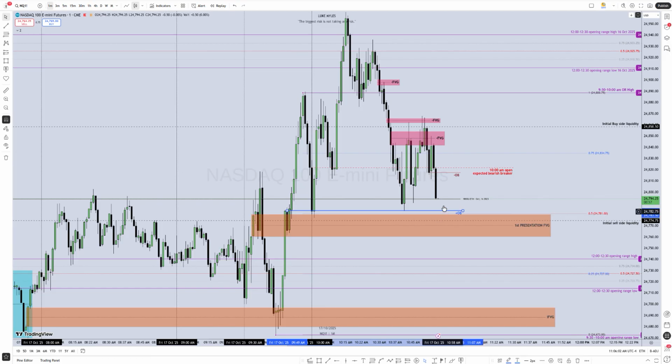This order block is the next barricade for price, and the first presentation fair value gap. Expect this to be inversed and then we drop lower. So we have taken out that low formed in yellow, expecting this to stay open. So going back into the market maker sell model that I was talking about, if I'm to leave that on